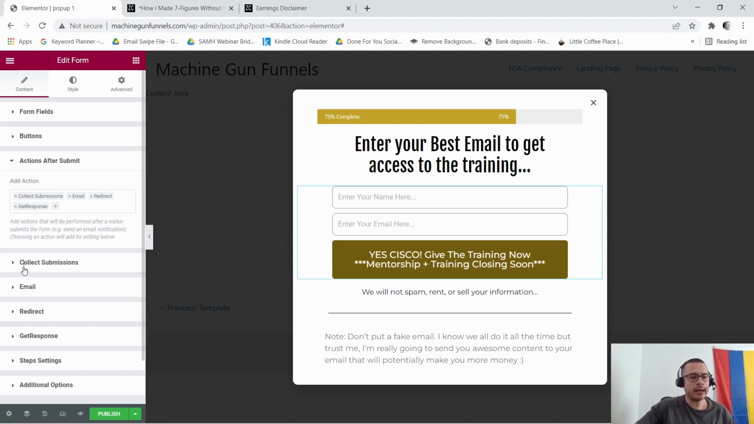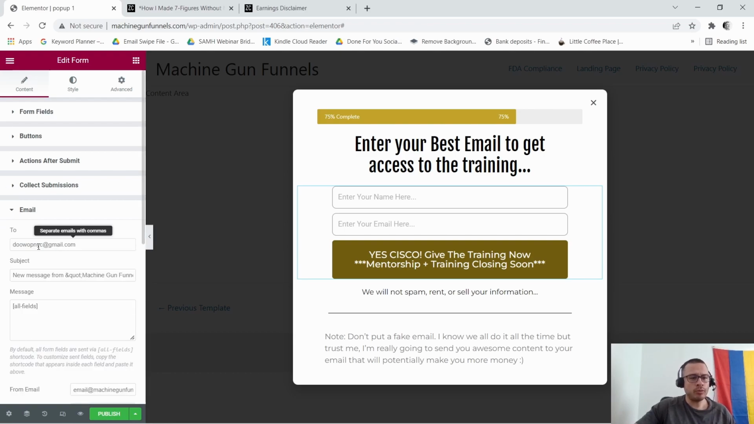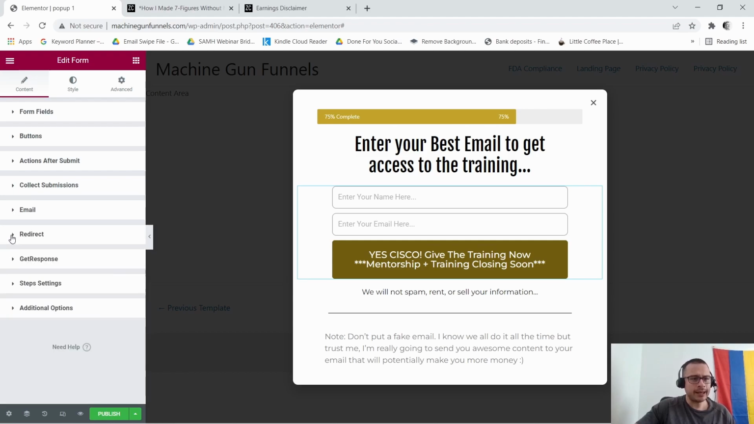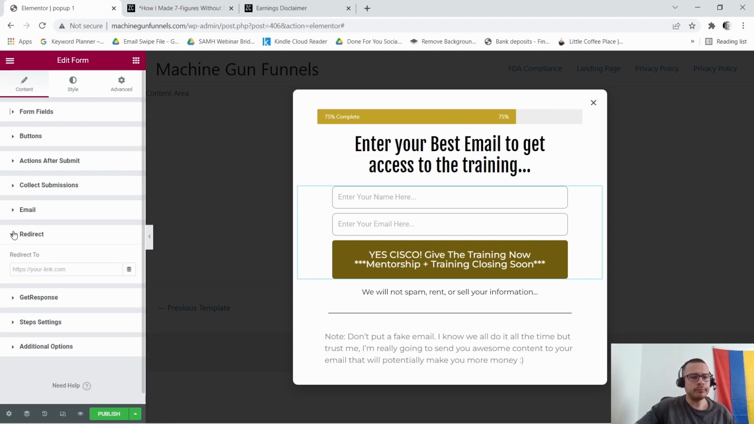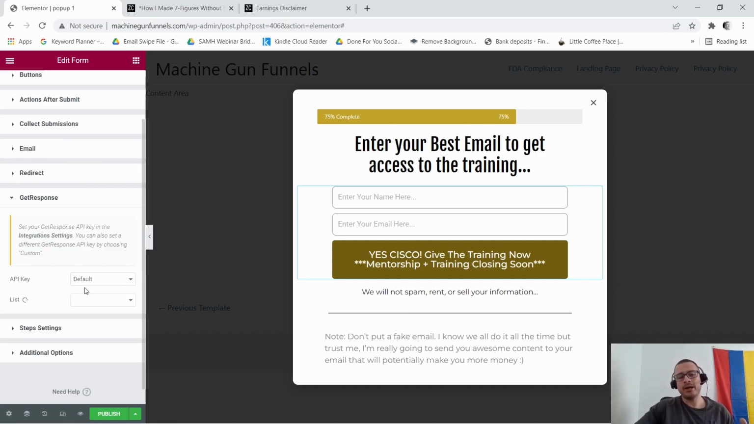And then in collect submissions, you don't have to do anything. Email, obviously, you would change it if you wanted it sent to a different email. And then in redirect, we're not going to do anything there either. And in GetResponse, this is where we want to add in our API key. So you would go in the back end of your